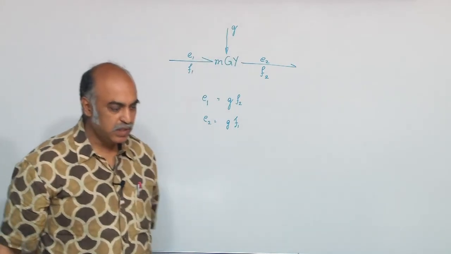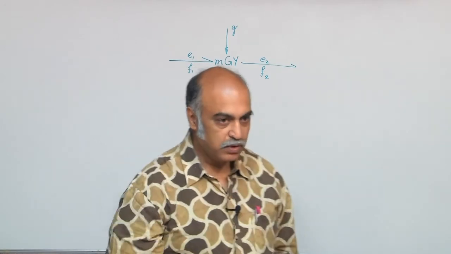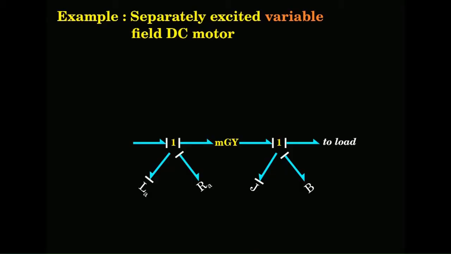So, when you see MGY, immediately it should strike you that the parameter K, which we had used as a relation parameter for the primary side port and the secondary side port, is not a constant. Otherwise, on to the mechanical domain, all these remain the same. The electrical domain, all these remain the same.